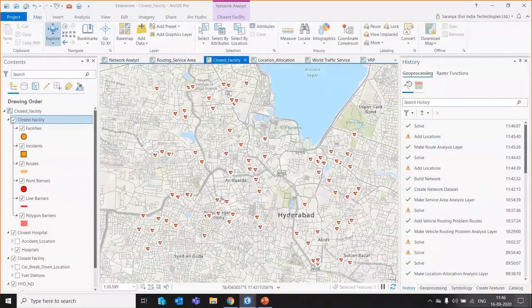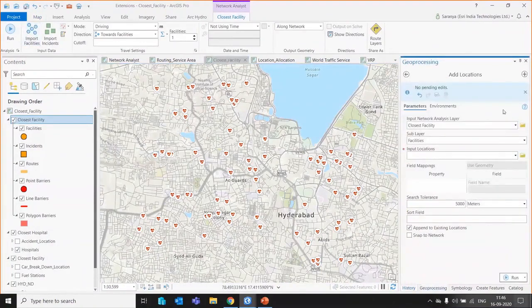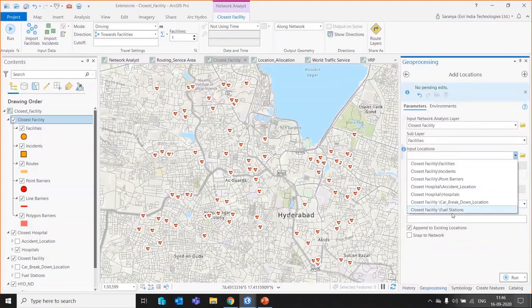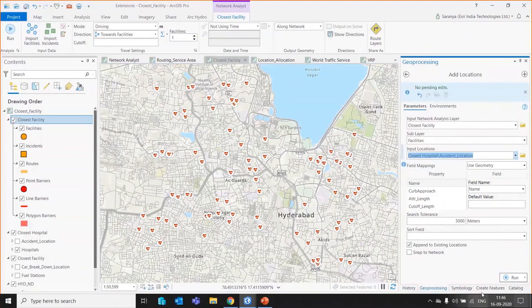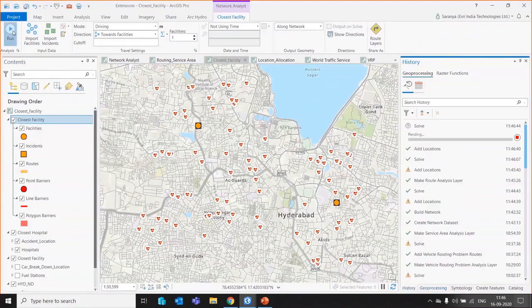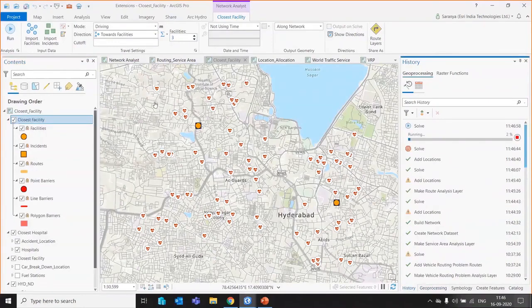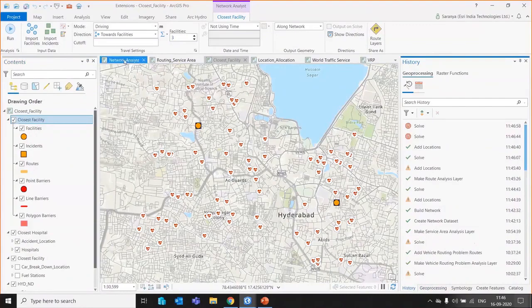Similarly, I have my hospital data here. If there is an accident in the area and I'm an emergency vehicle deployment agency, I need to find out what are the closest facilities for these two accidents. In that case, I can just run the model to get the closest facilities. You can also give options to change the number of facilities we need to have, so that it will help us identify one or more facilities in a given area. I will just go to my already run model here.